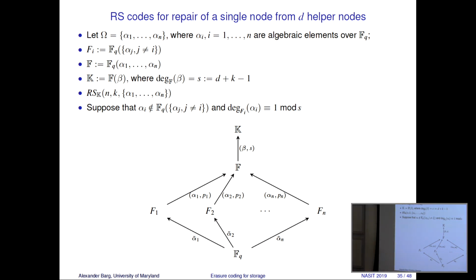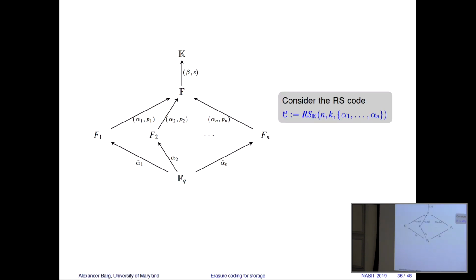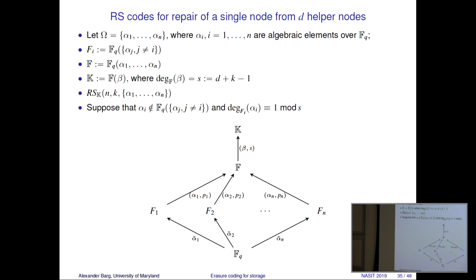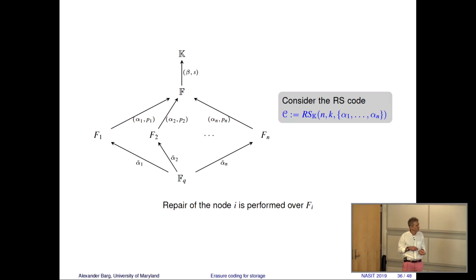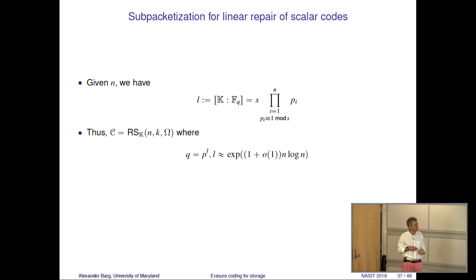Without saying much more, because I want to say something about a very different group of problems, I will say that once we consider that Reed-Solomon code, it is possible that it can be optimally repaired. The only thing that you might want to remember is this construction about algebraic independence of the evaluation points. All right? So this is a bound on sub-packetization for the construction, and there is a lower bound on sub-packetization, and so we are sandwiched between n log n and k log k in the value of ℓ for the optimal repair with Reed-Solomon codes. All right?